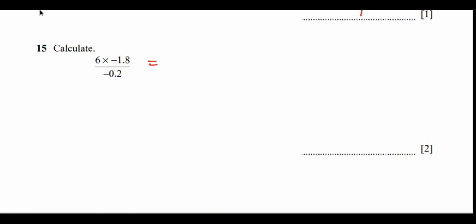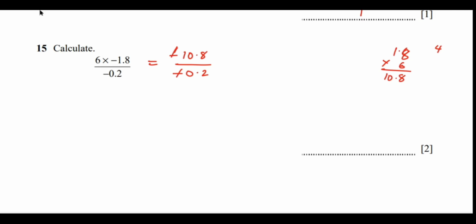So let me multiply. So I'll go somewhere and do my 1.8 times 6. That will give me 8 times 6 will give me 48. I have my 8, take 4. 6 times 1 will give, so that's 108. So I'll have my minus 0.8 all over minus 0.2. So minus minus will give us plus. Okay, then